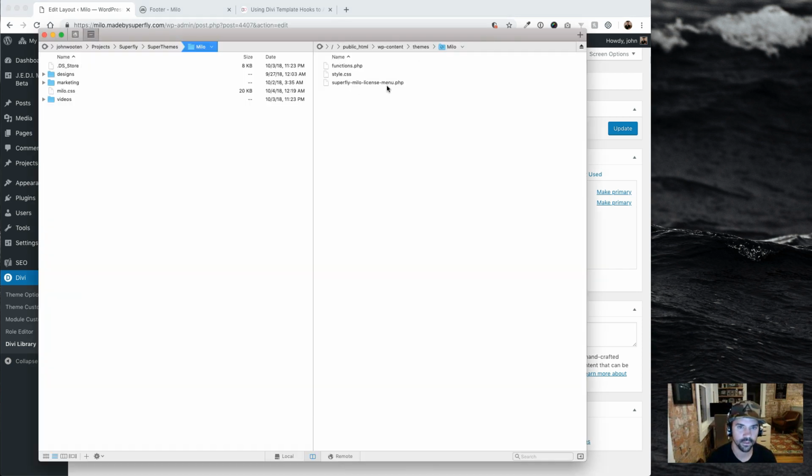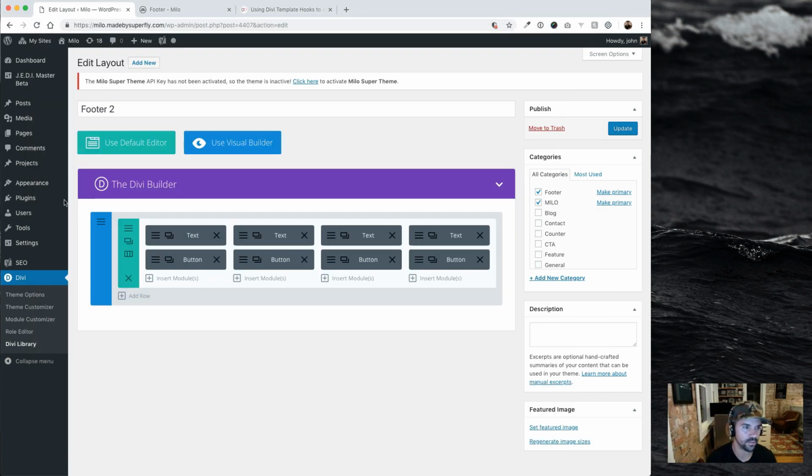So inside Milo, there's only a few items, and functions.php is one of them. So the first thing I recommend you do, if you do decide to edit this in WordPress under the Appearance item,